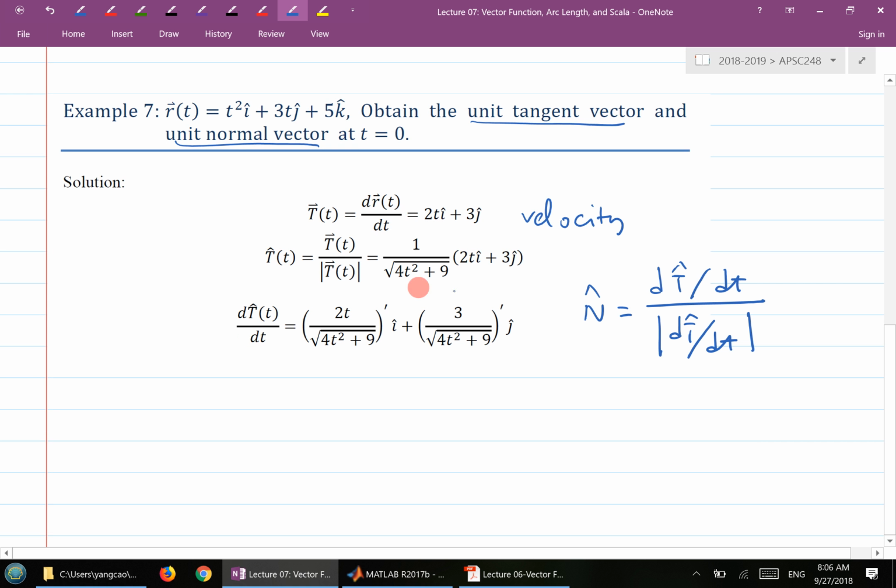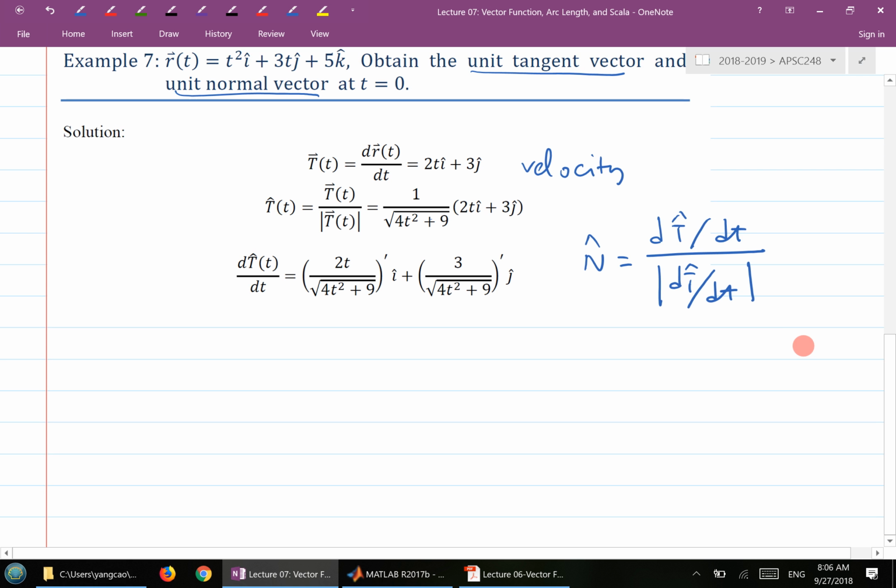So here is your unit tangent vector, and then I need to obtain the derivative of this vector function. A derivative of this vector function basically means you take a derivative of each one of the components of this vector function. Now this is where I have cautioned you guys. Basically,